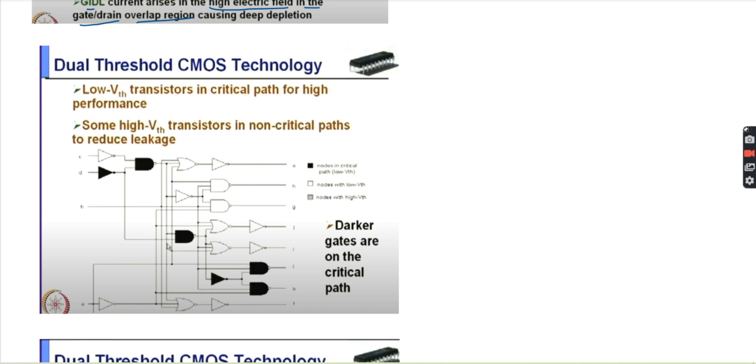The VDD scaling we saw, as we are going to use different VDD for different circuits. For that we said two things. Even if you are reducing the VDD, a very important thing is that the GIDL and the DIBL will get reduced. So once it gets reduced, then